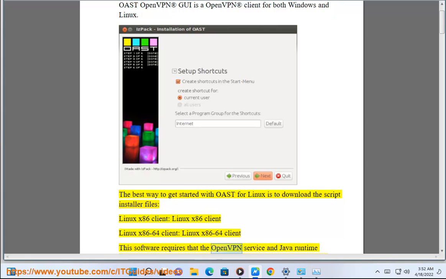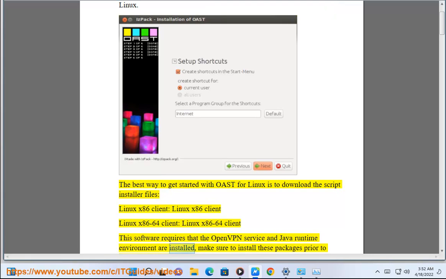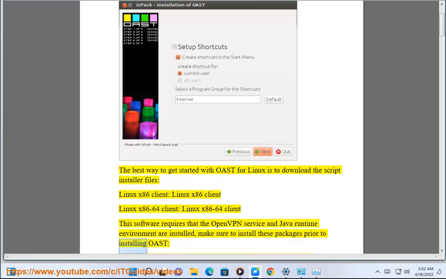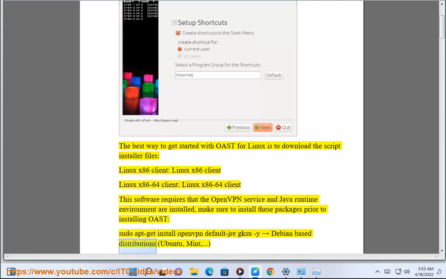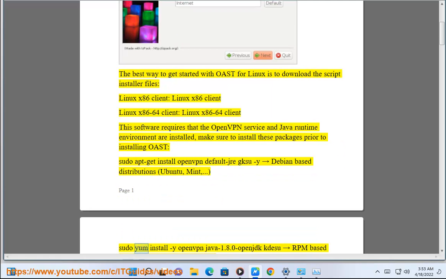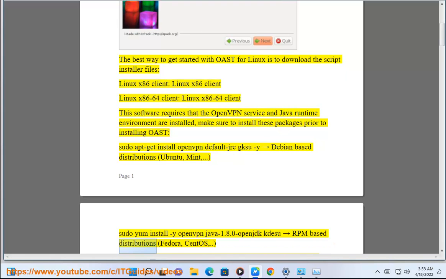The software requires that the OpenVPN service and Java runtime environment are installed. Make sure to install these packages prior to installing OAST. Sudo apt-get install openvpn default-jre for Debian-based distributions, Ubuntu, Mint. Sudo yum install -y openvpn java-1.8.0-openjdk for RPM-based distributions,